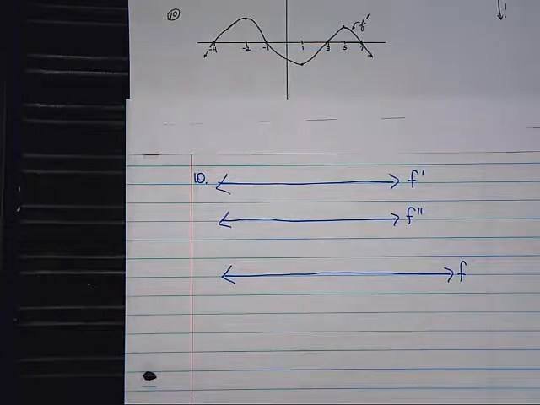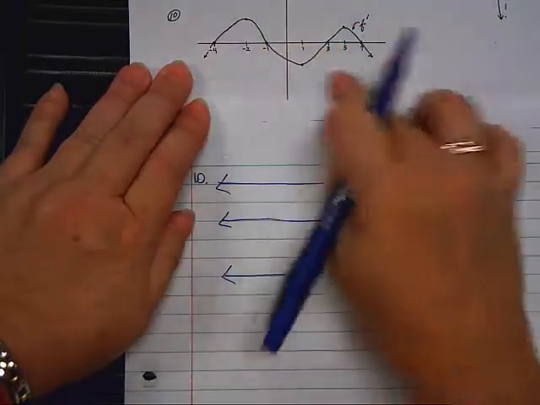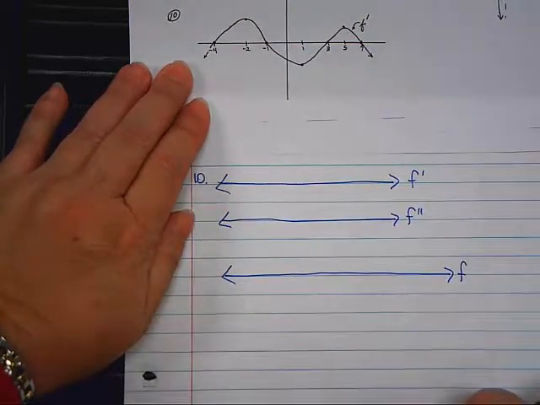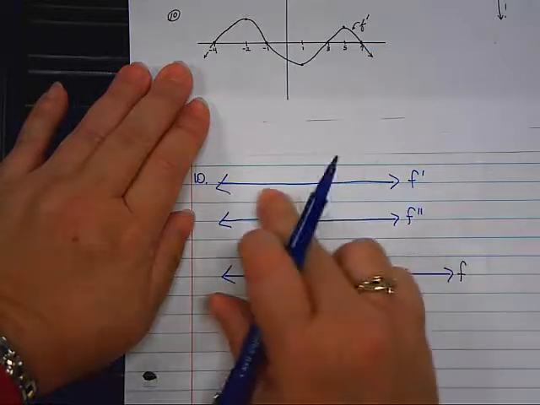Okay. I'm going to approach this a little differently than I did in first and second period, and hopefully the answer that I'm asking for will come to you a lot faster, because they really struggled with it. And it was an easy concept that I guess wasn't stressed too much in Algebra 2 and Pre-Calc. Okay. This is a graph of F prime. This is an F prime number line. Okay? So,